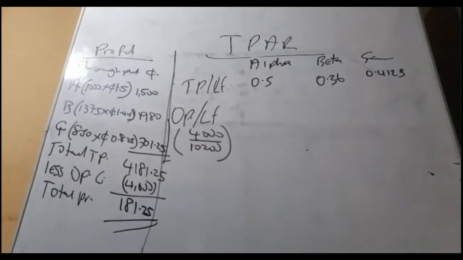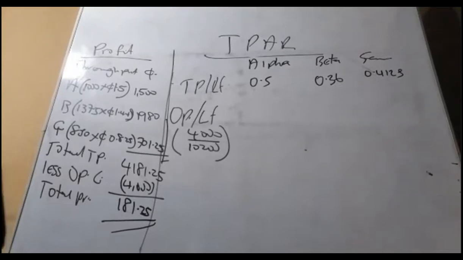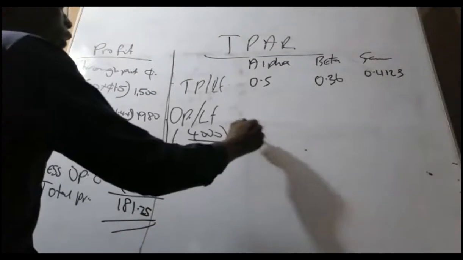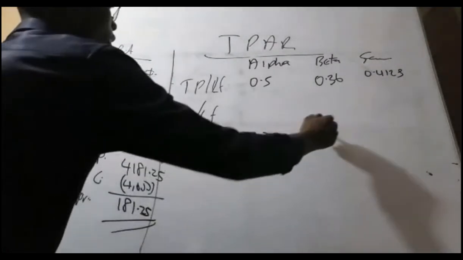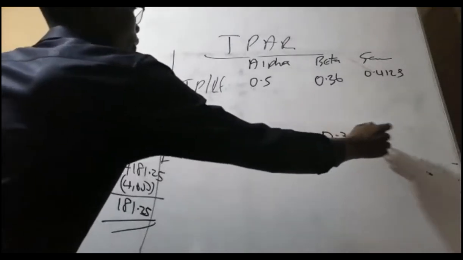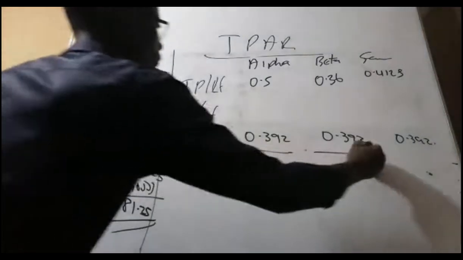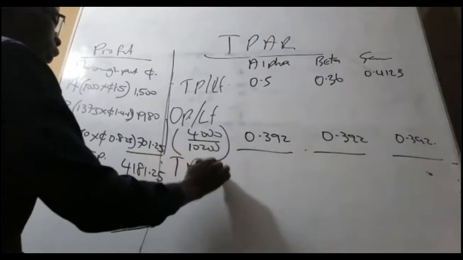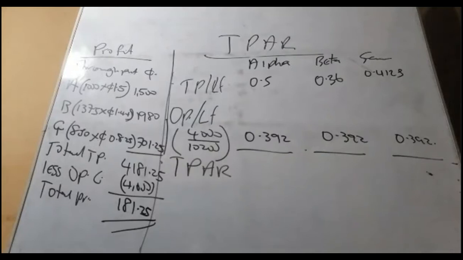So that gives us 0.392. So therefore, what will be the throughput accounting ratio? Throughput accounting ratio is nothing but